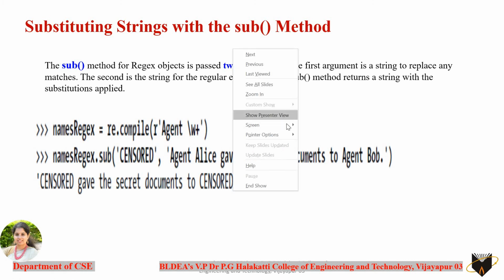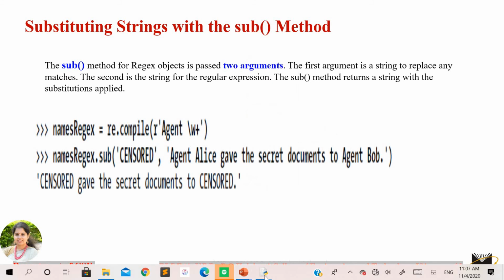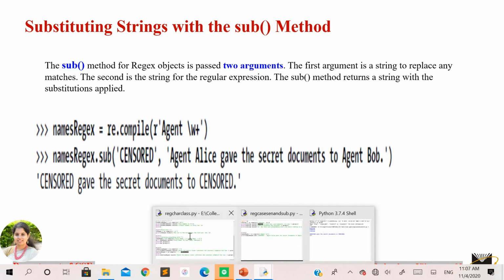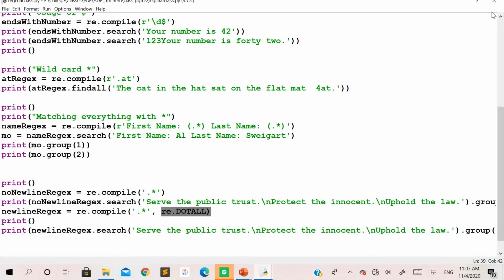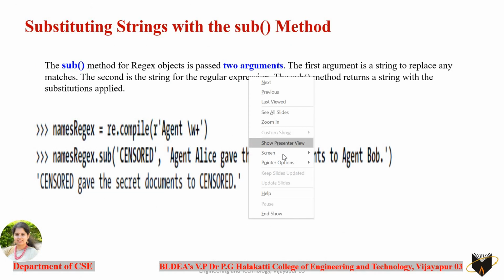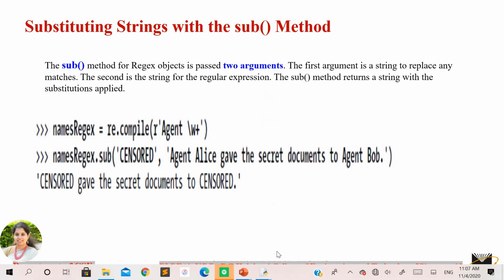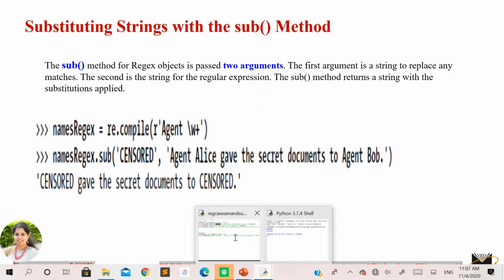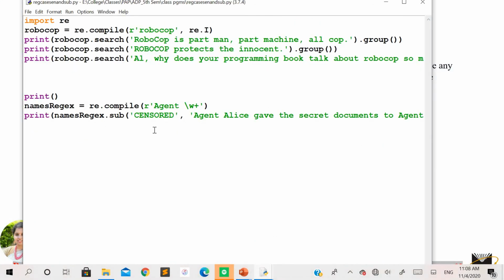So again, let us see this with an execution. Here you can see we have taken the same example where we have taken this as a pattern to be matched. I hope it is clear to you about this pattern.